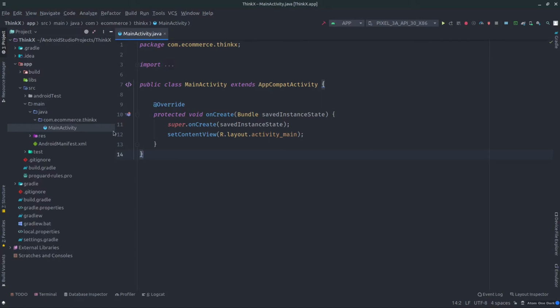We will use this to add functionality to the UI. For example, we create a button, we will design it in the res directory, and we will implement the function. If you click a button and you want to do something from that button, for that we are going to use the Java file.